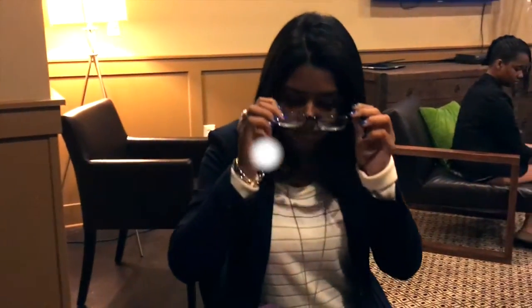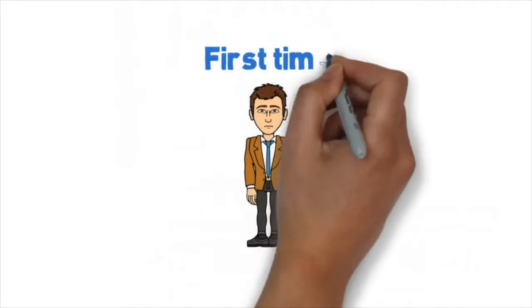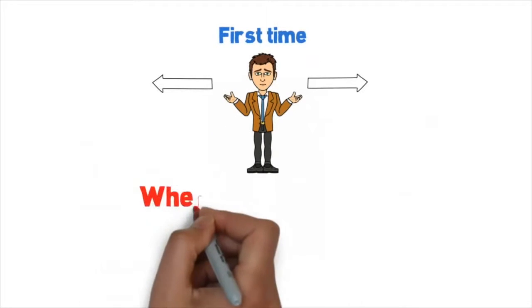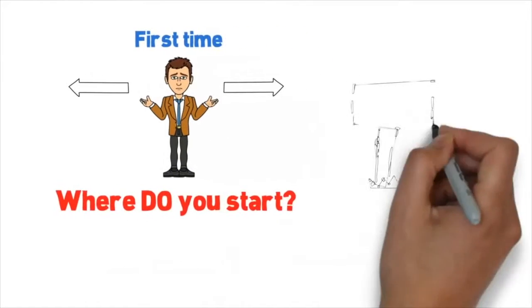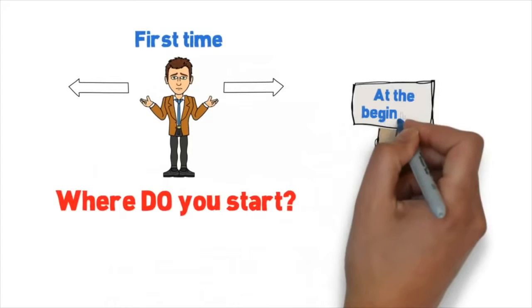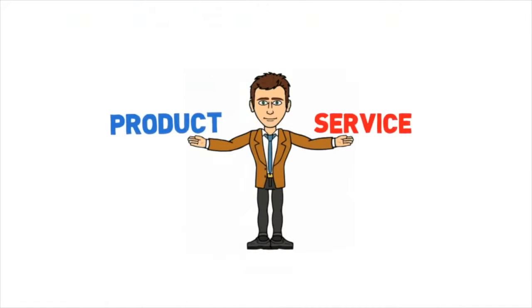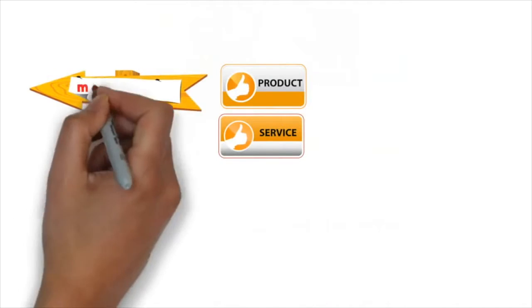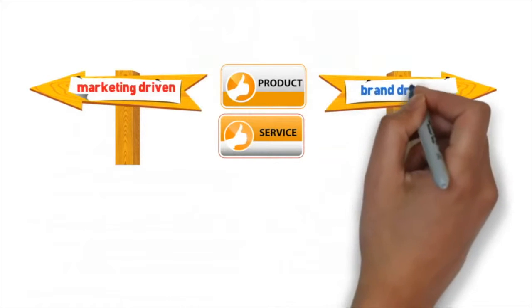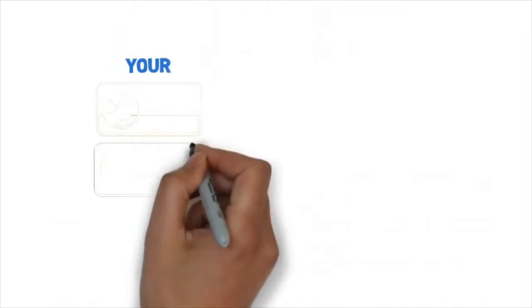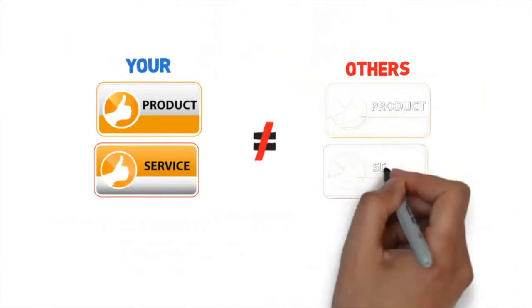Let's look a little bit further at what startup looks like. The stage of startup marks the beginning of organizational development. The focus is on identifying a sufficient number of customers to support the existence of the organization. Organizations in this stage tend to ask questions or create their own environment, decide whether they are marketing driven or brand driven, and find what differentiates their products from others.